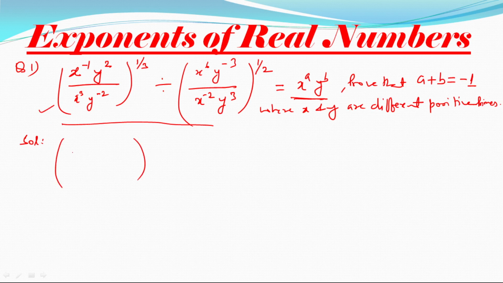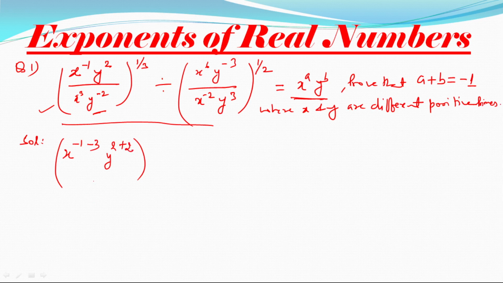So x to the power minus 1 and then x to the power 3 is there. It will go at the top, so it will become minus 3. And then y to the power 2, and this y, it will take its square and it will become